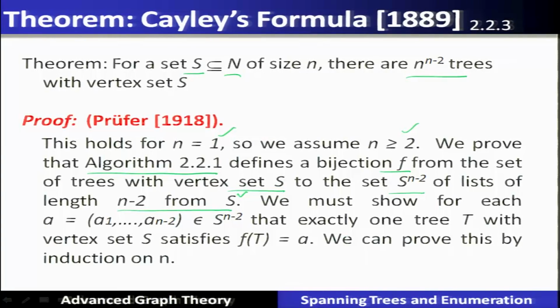So, we must show that for each Prüfer sequence a1 to a n minus 2, which is a member of S raised to the power n minus 2, exactly one tree with that vertex set satisfies this mapping function f, and we can prove this by